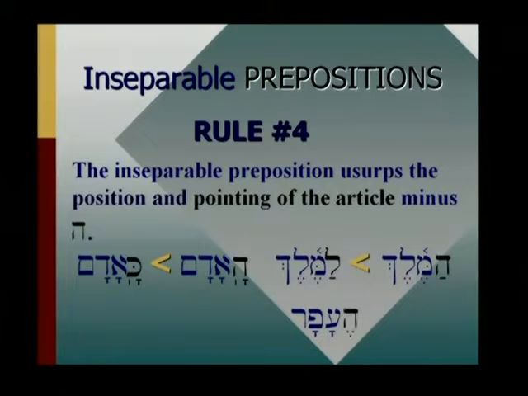Afar is he-afar, the dust. If it's in the dust, it's be-afar. You just replace the hey with the beth. That's all it is. So there's no new rules regarding the vowel. No new rules regarding the dogesh. It's the same rules as you learned for the article. All you do is just remove the hey and replace it with one of those three prepositions.